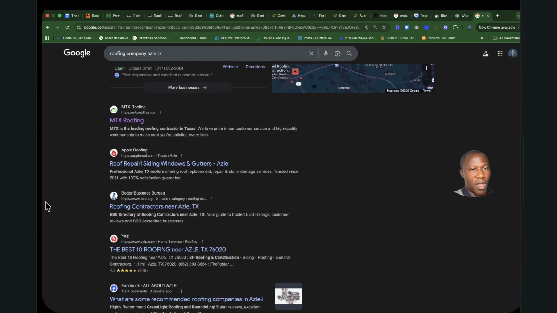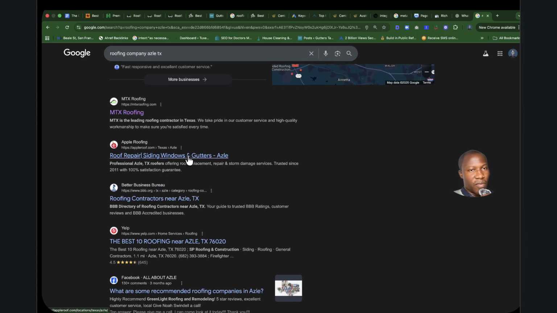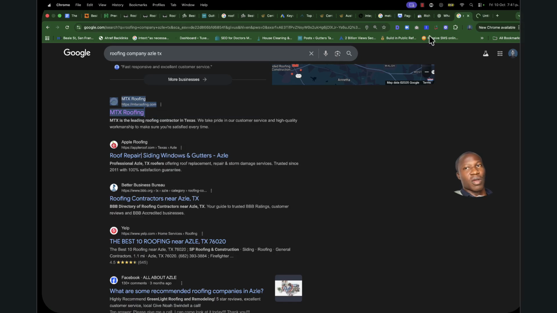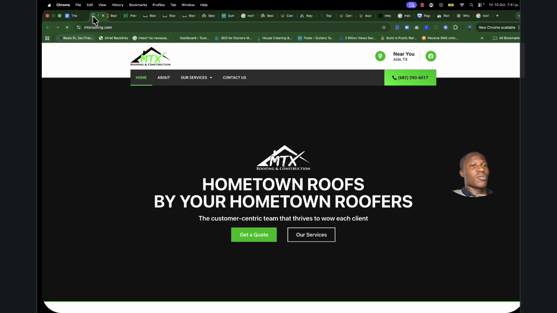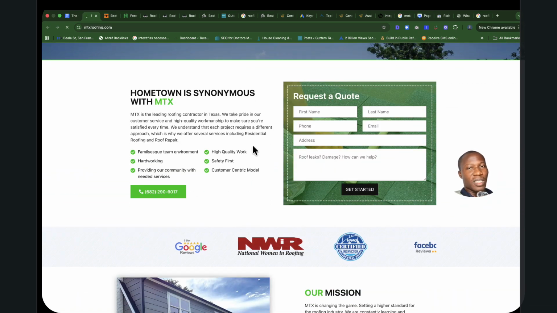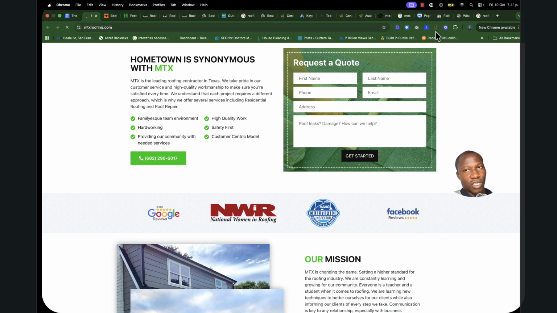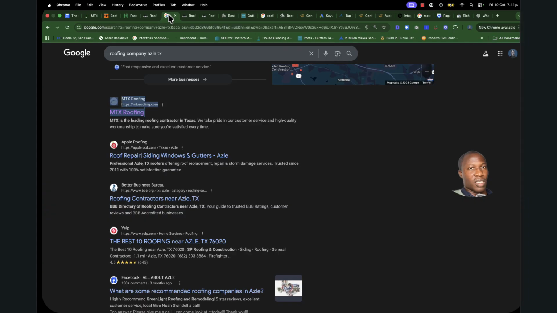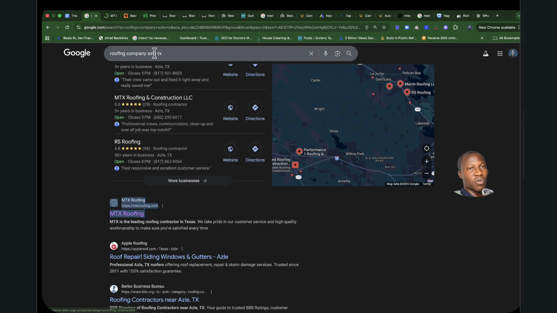Okay, so as you can see, this is an inner page. If you look at the right side here, when I hover over these results, it's an inner page. This one is targeting the home page itself. That's what I mean by a microsite. So when you open this particular site, I don't mean it's a small site, but it's a site specifically targeting this particular location that they are serving, which is Axle, if I get that correctly. So that is what you want to look for.